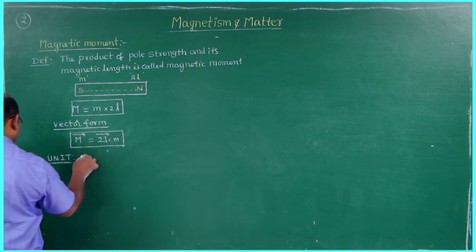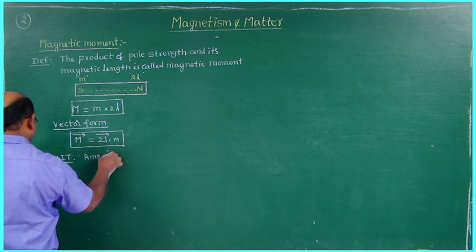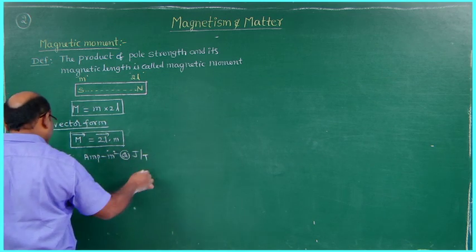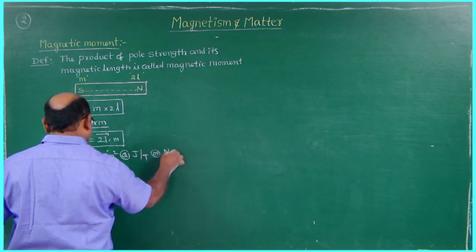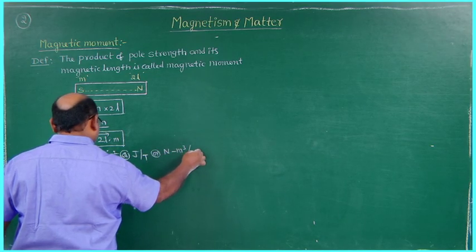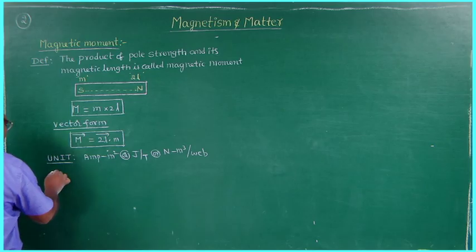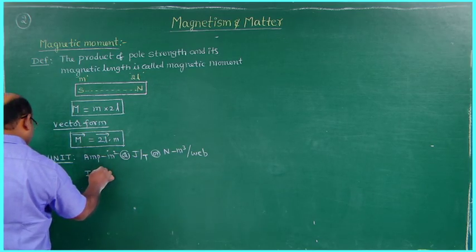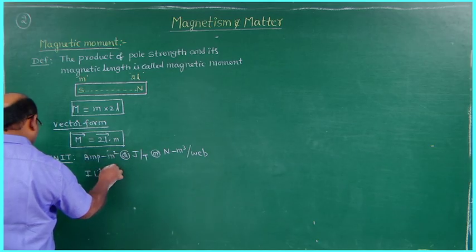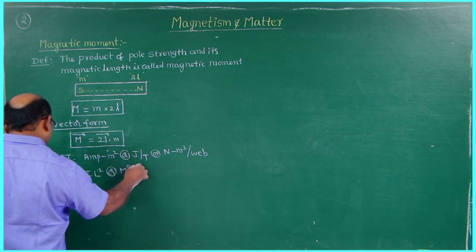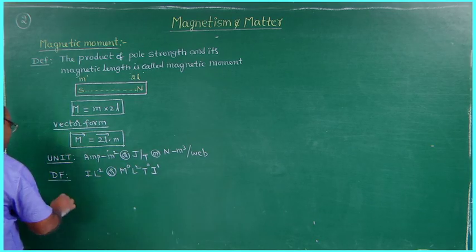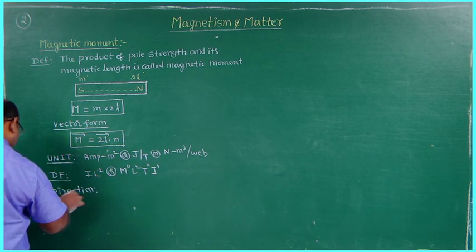Unit is ampere meter square or joule per Tesla, different units are there, or Newton meter cube per Weber. And the dimensional formula is M power 0 L square T power 0 I power 1. Direction is also important. Direction of the magnetic moment is